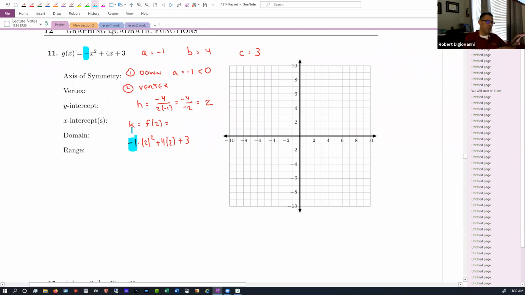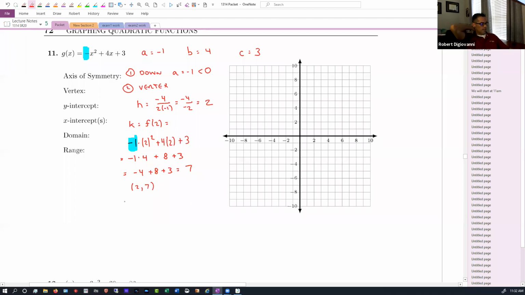Don't do anything with it until after you've squared the 2 that you're plugging in. Square that first. So we'll have -1, and then 2 squared is 4, and then 4 times 2 is 8 plus 3. So we get -4 plus 8 plus 3. And I think that's 7. Yeah. So 2, 7